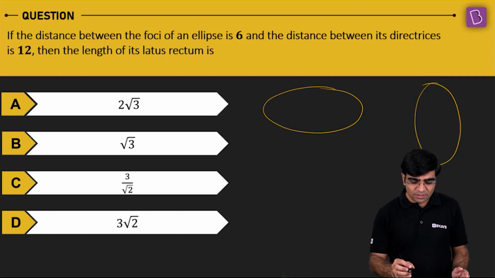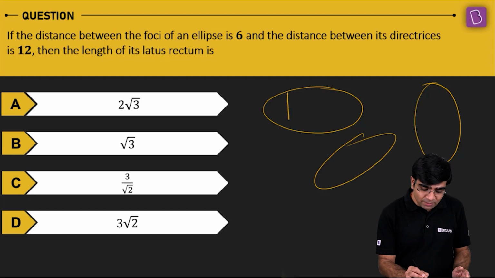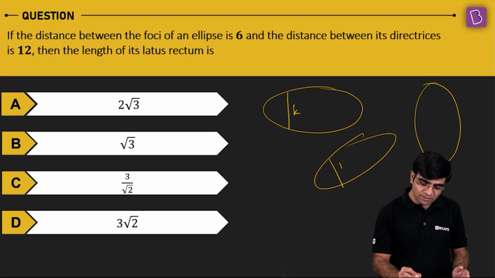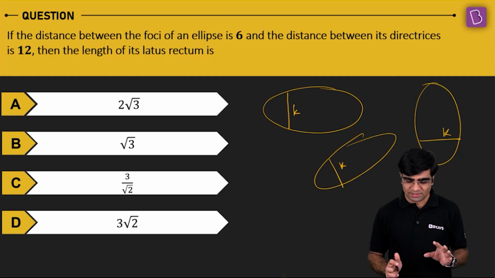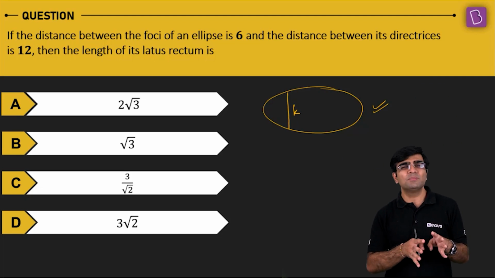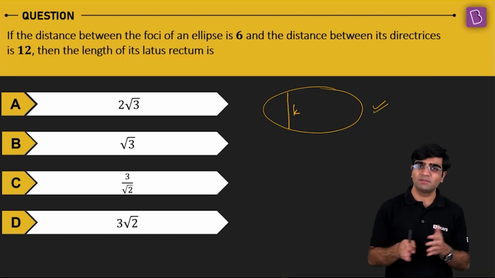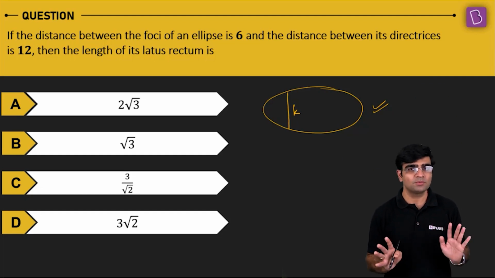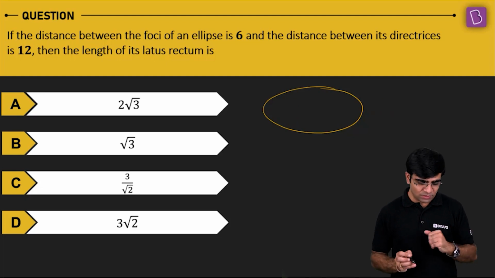It doesn't matter, because even if you rotate it, if the length of the latus rectum here is, let's say, some k units, it will remain k units no matter how you keep rotating it. So in all such questions, I suggest you start with the horizontal ellipse only, since it's the most standard and simplest one. It's advisable that you begin and move your calculation with the horizontal ellipse only. Perfect?